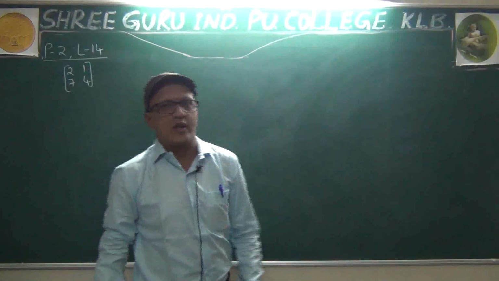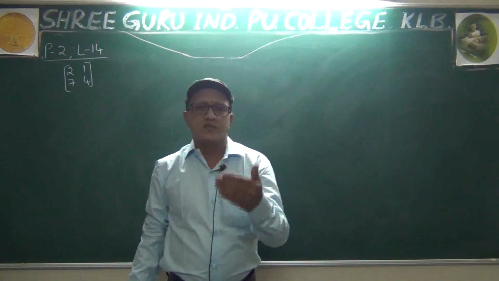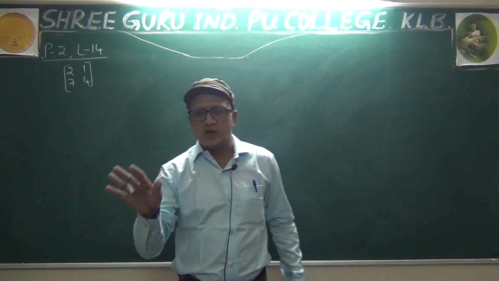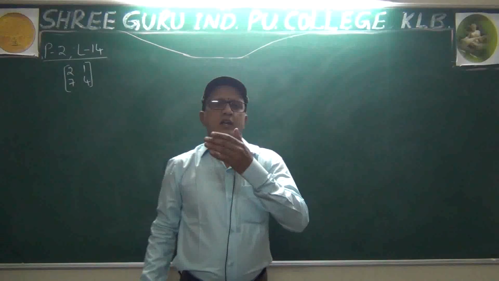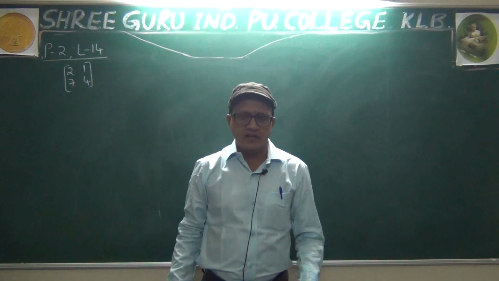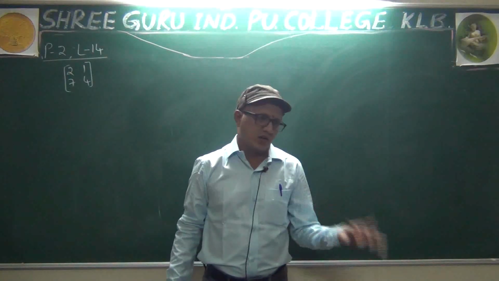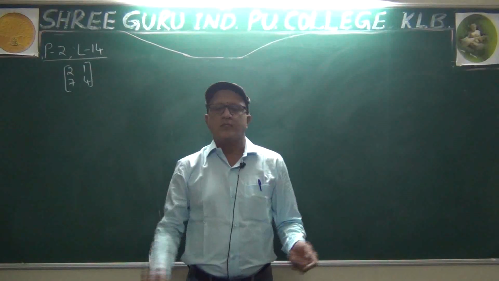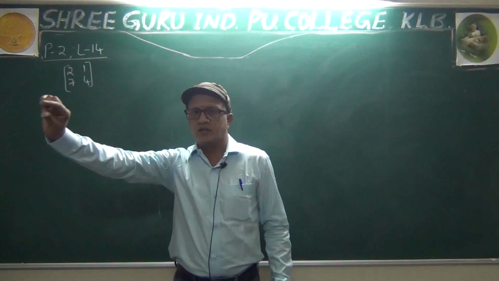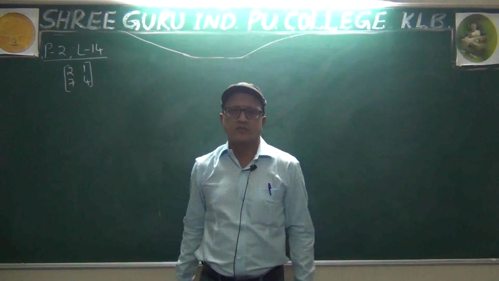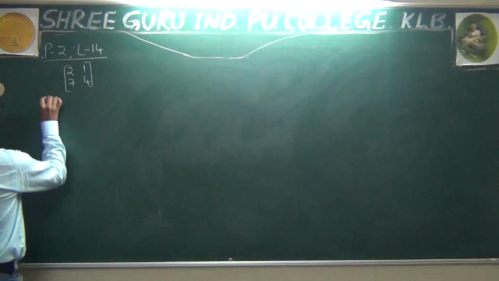We are doing column operation. I already told, in the examination, if they ask you to find the inverse of the matrix by using row operation, you have to follow row operation. If they ask column operation, you have to follow column operation. If they don't mention any method, then you just follow your favorite method, either row or column. If they just say, by using elementary operation, find the inverse of the matrix. That's it.